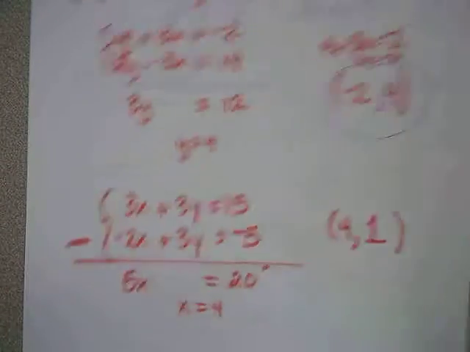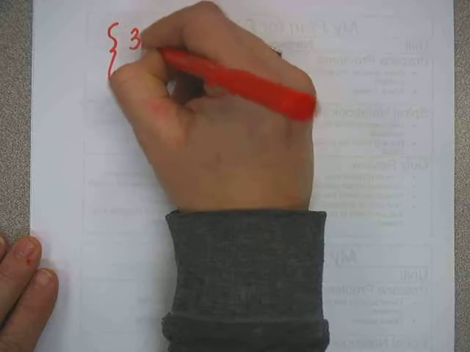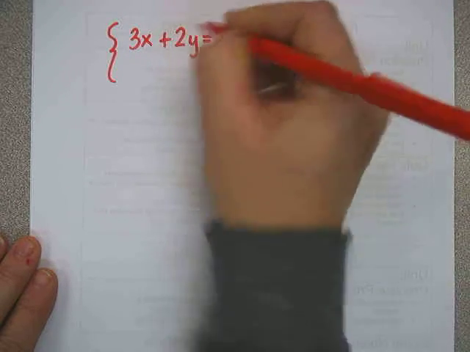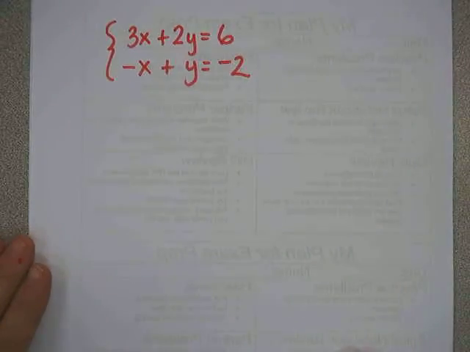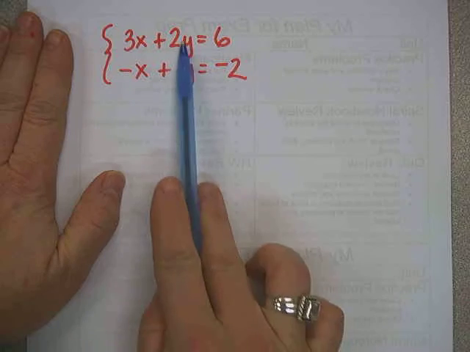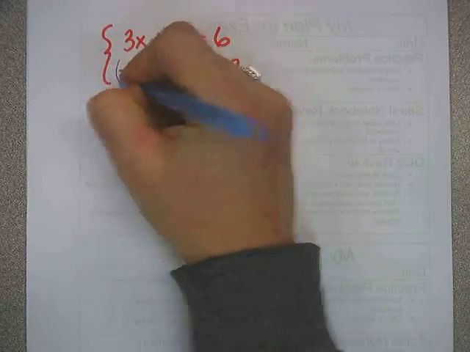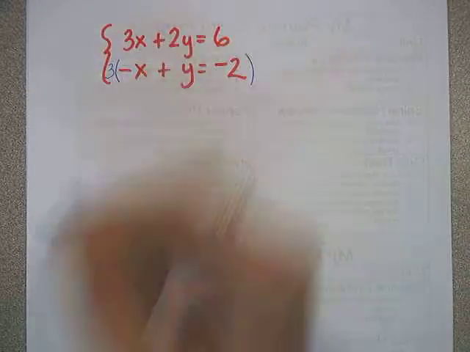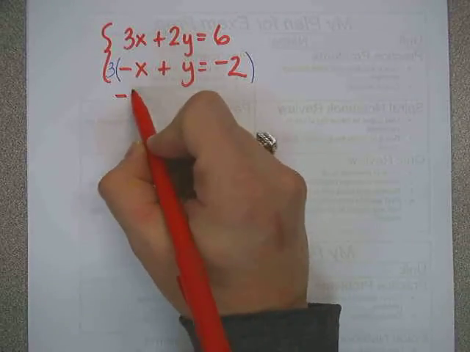So that's solving systems by elimination in the easiest form. That's by using addition to get one of the variables to disappear, or by using subtraction. But the next layer to solving using elimination is to first multiply one of the equations or the other equation by a constant, so that your variables will cancel each other out. So if you take a look at this example, notice that we're not even close to being opposites. Okay? And there's a million different ways you could do this. I'm going to choose to do it this way just to model for you, but if you notice, if we multiply this entire equation by 3,